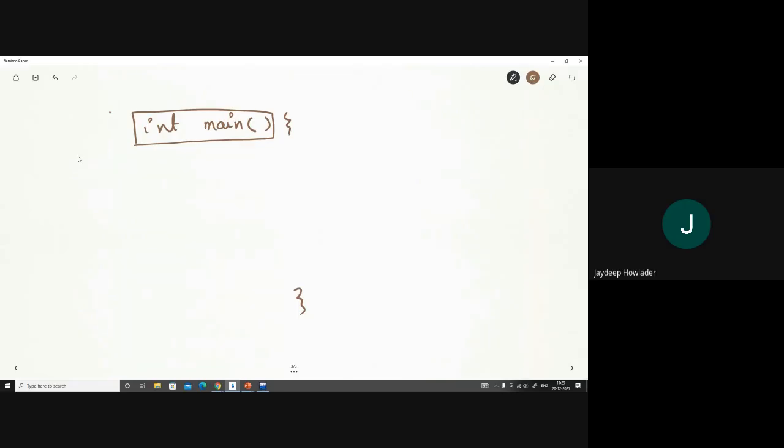There is a block. This block starts with a curly bracket and then a closing curly bracket. And within this block, you have to write or encode your program. Okay? And every block has a particular name. In this case, the name of this block is the function main. So we call this the main block.